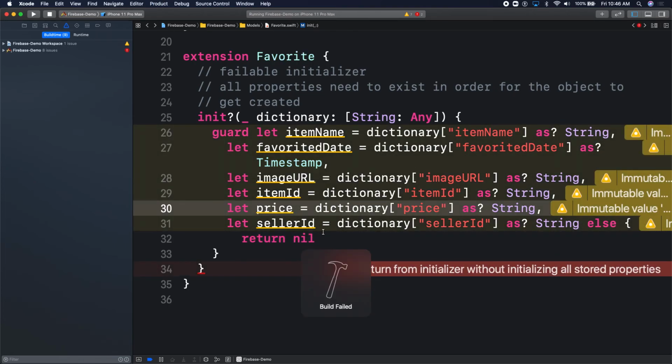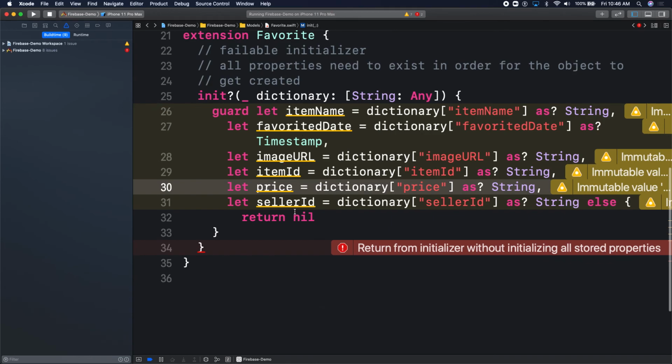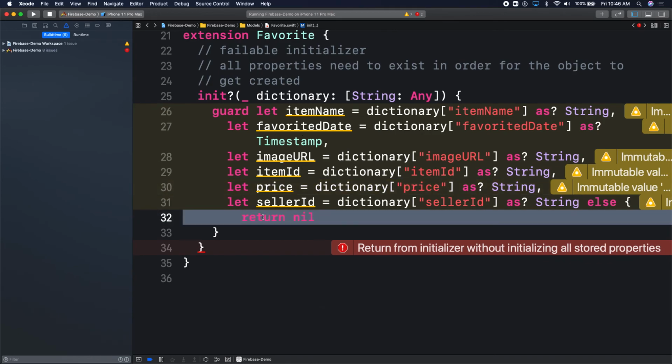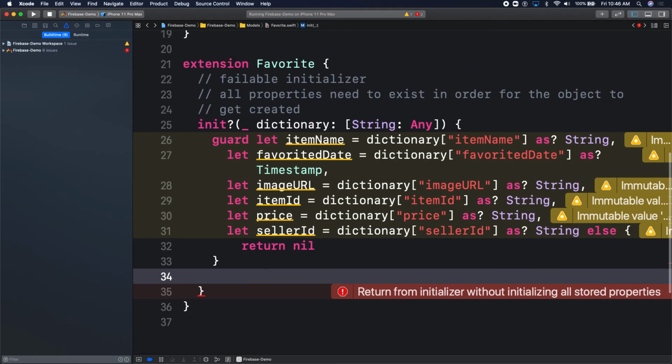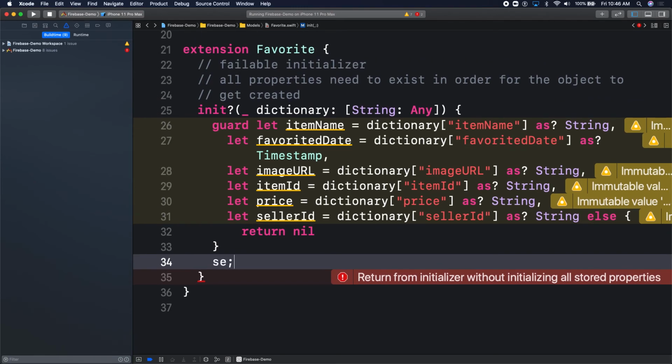Okay, cool. So here, if anything is missing, we need to return nil here, and then our object is not created. Okay? If any of those values are missing, the initializer returns nil. This is why it's marked as an optional, and it's known as a failable initializer. It could fail. Everybody with me so far? Okay? Now we have all the items we need. We need to go ahead and continue building out our object. So we'll say